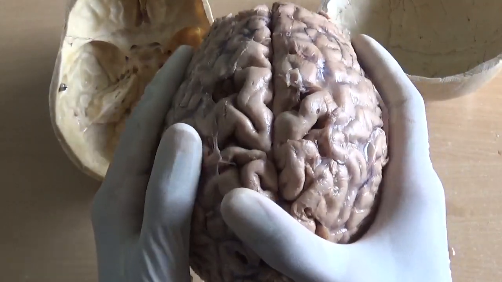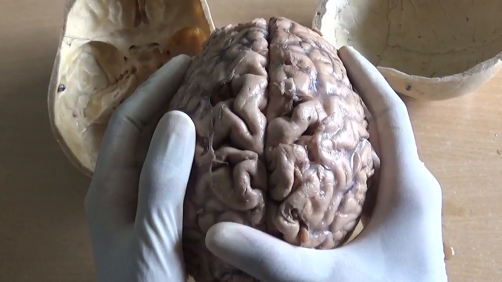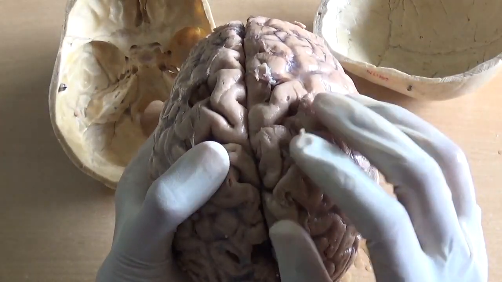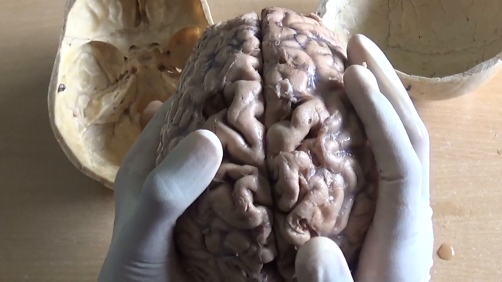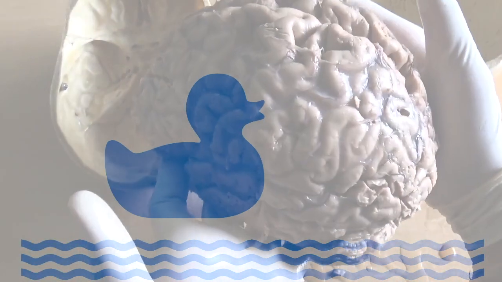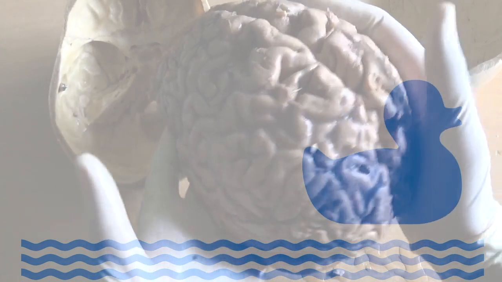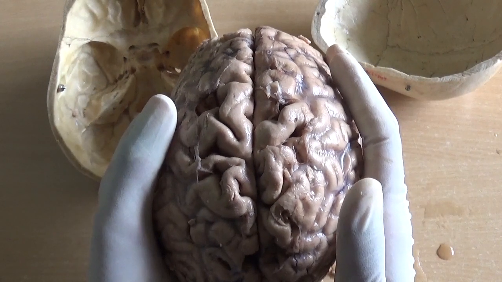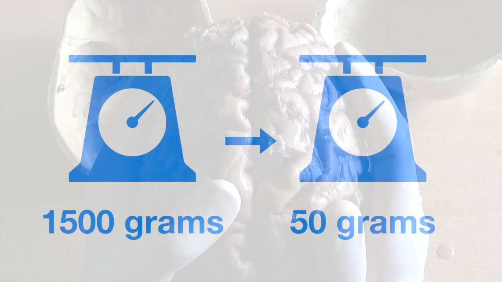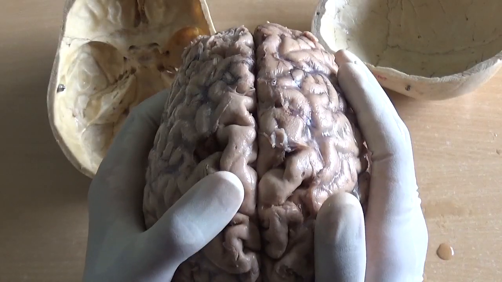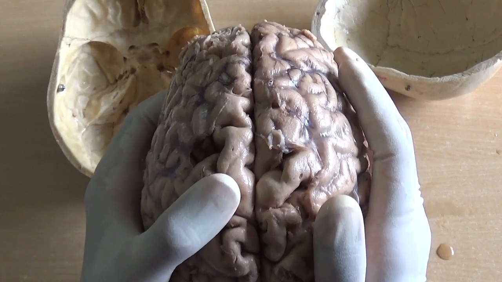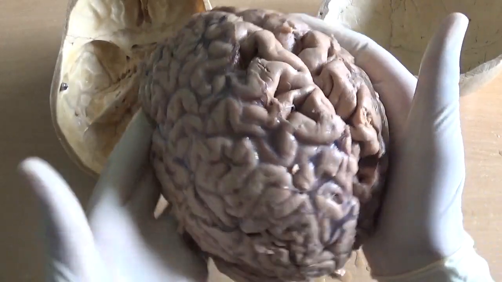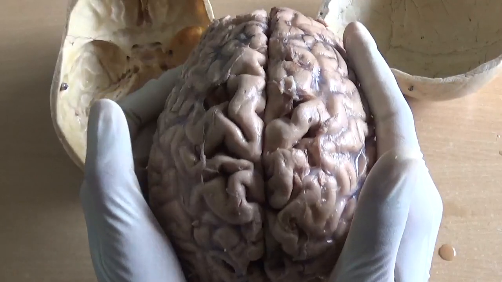We need to literally float this brain in the CSF. So all around the brain and spinal cord, and within the cavities of the brain and spinal cord, there lies CSF. That is a watery fluid, and literally this brain and spinal cord are floating in the CSF. So what happens with the CSF? The effective weight over the spine reduces to just 50 grams. I'm repeating, just 50 grams. Just imagine, from 1.5 kilograms to just 50 grams. So that is the importance of having CSF, and that is the importance of floating the brain within the CSF.